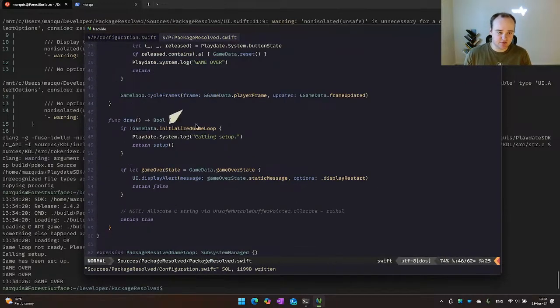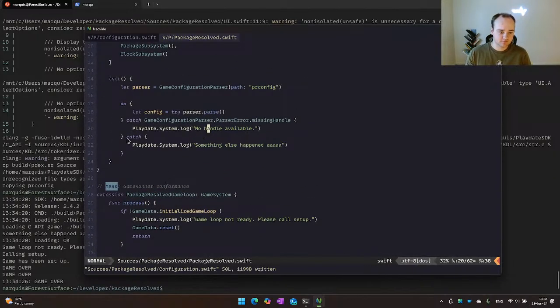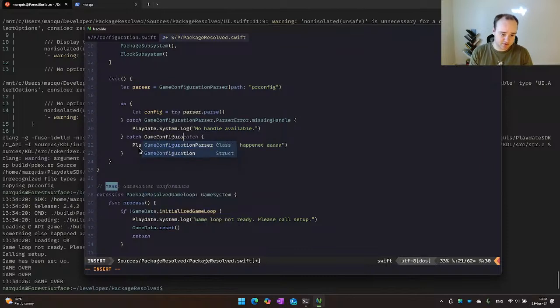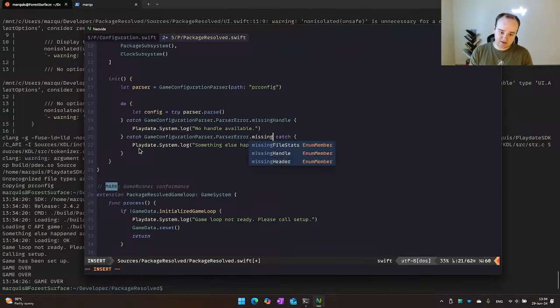So we need to do a case missing file stats as well. Catch game configuration parser error dot missing file stats.